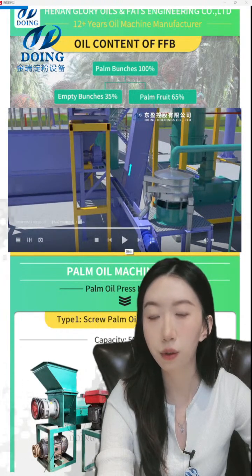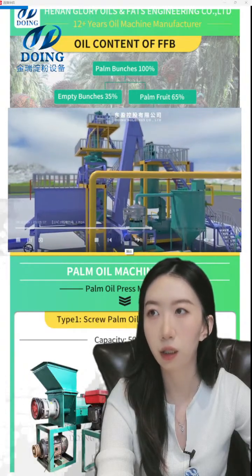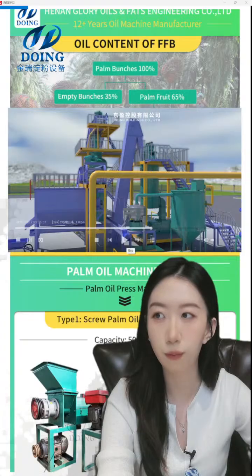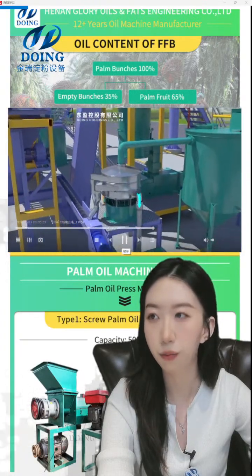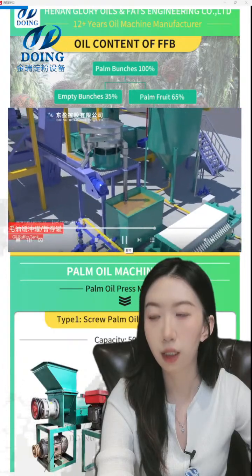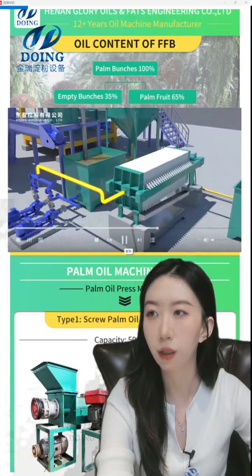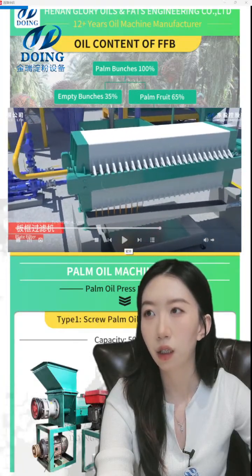The conveyor can transport the impurities back to the presser to press again, increase the oil yield. The last